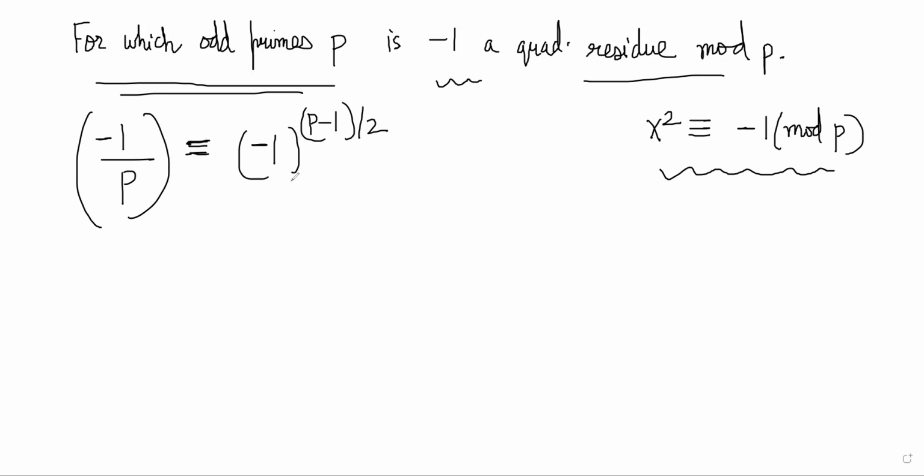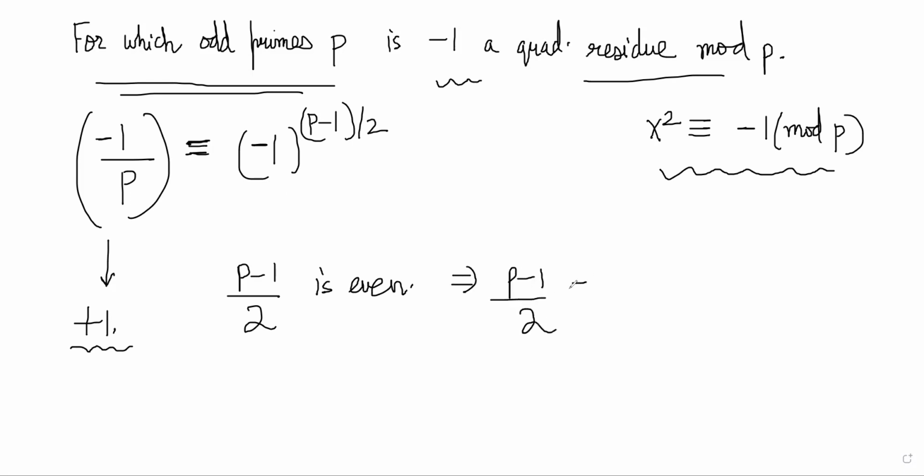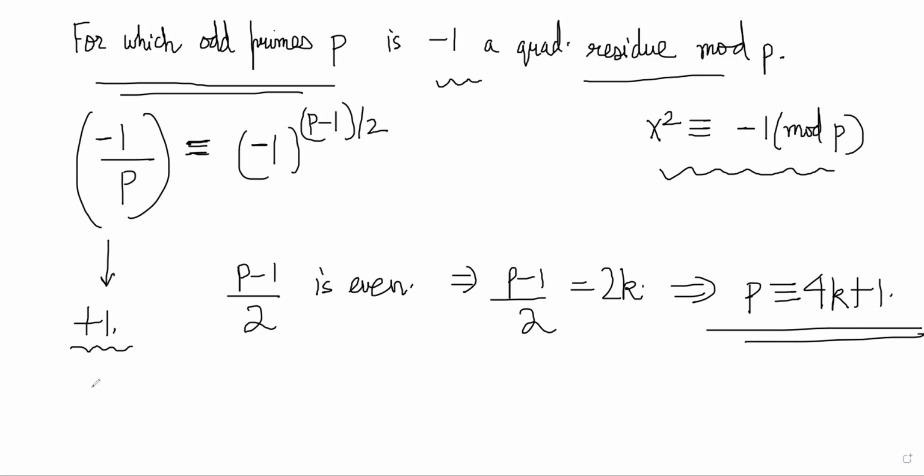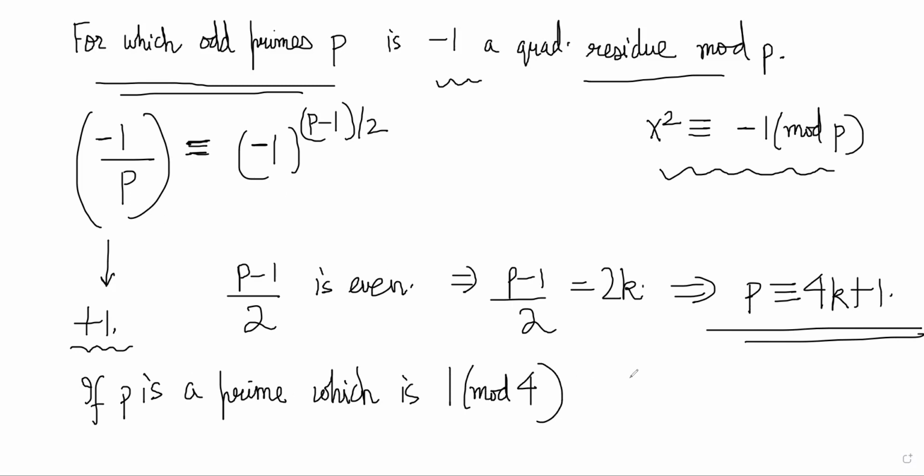Now, we just have to answer when will this symbol become plus 1, right? This will happen when P minus 1 by 2 is even. So that means P minus 1 by 2 must be 2 times some K. That means P should be 4K plus 1, right? So if P is a prime which is congruent to 1 mod 4, then minus 1 is a quadratic residue mod P,